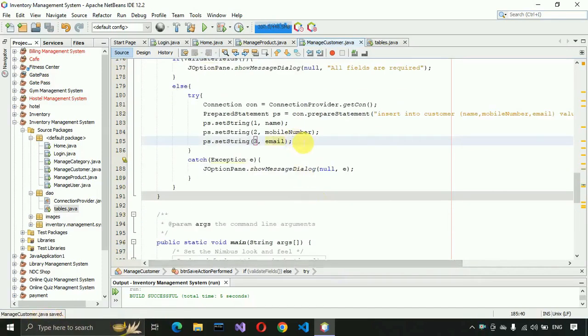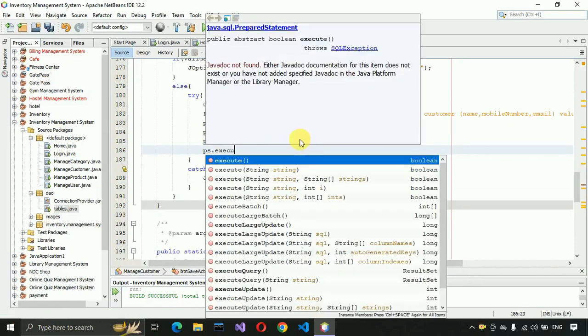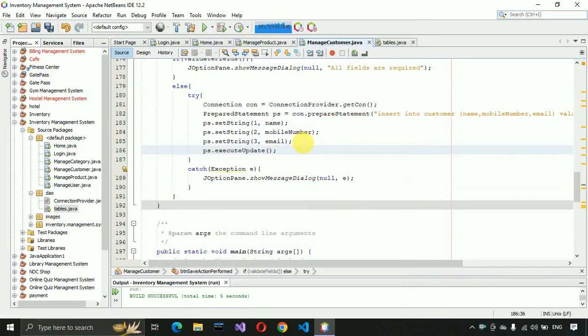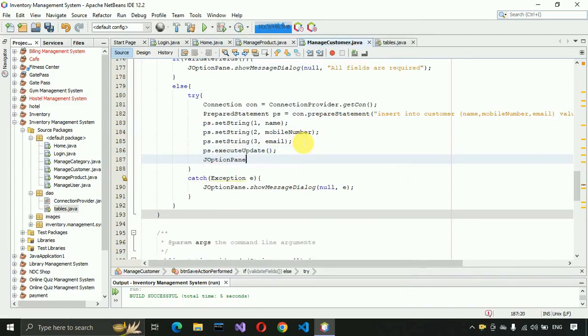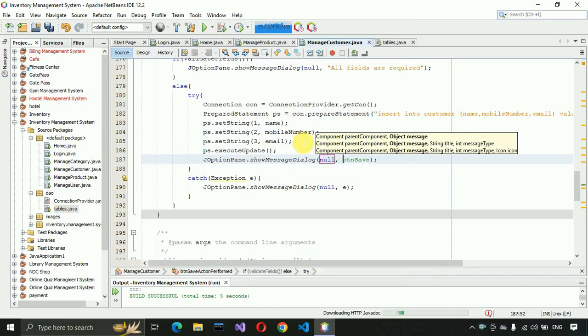After that, here we have to just write ps.executeUpdate, this one, and then we have to just show the message, so message null, and here we have to just write customer added successfully,